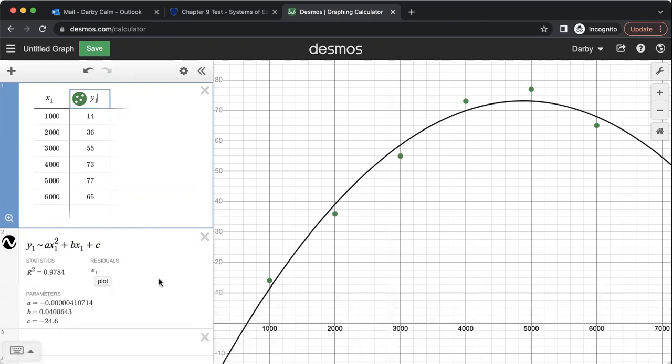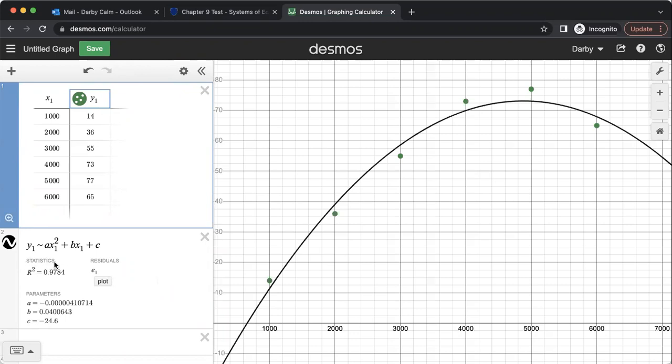Knowing what your data shape is in advance is helpful. So if you plot your data and it looks like it's not a straight line, like, oh, maybe that looks like it could be a parabola, then try putting in a quadratic formula for it. So this one I already knew in advance it was a parabola shape,